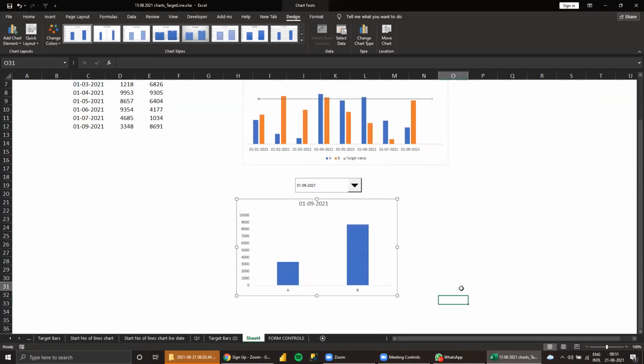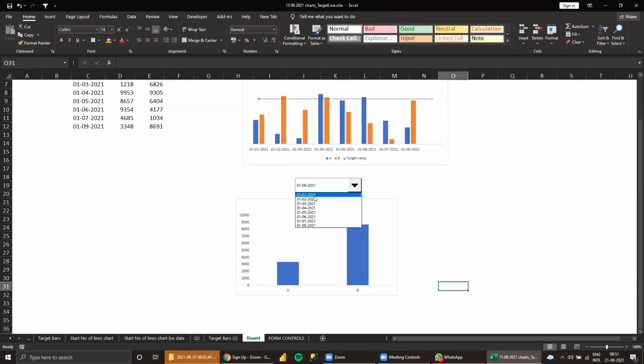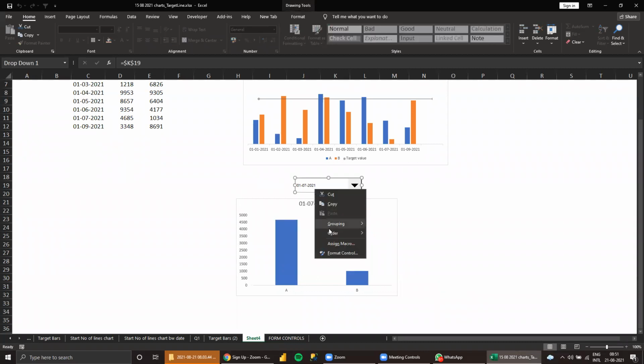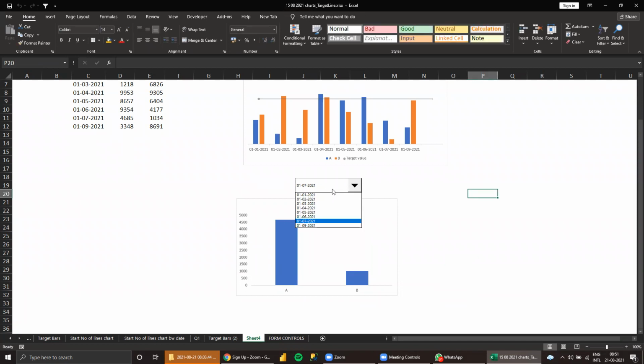See here, A, B, and Z. Now see the thing you can see, like chart. This is the purpose of it. Otherwise, we manually need to change, which is not interesting for the user. So this is how we can use the combo box.